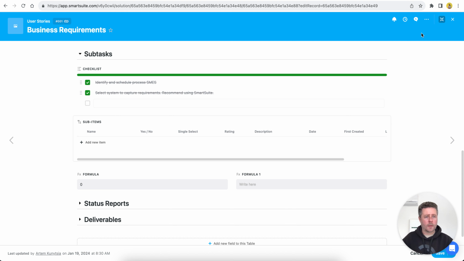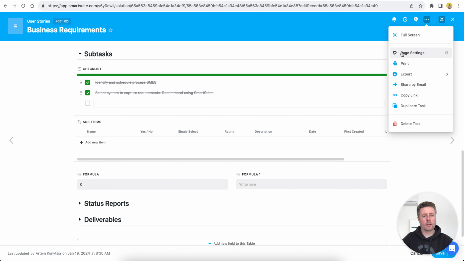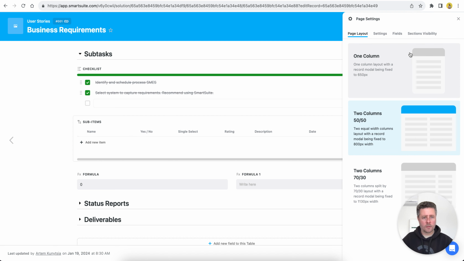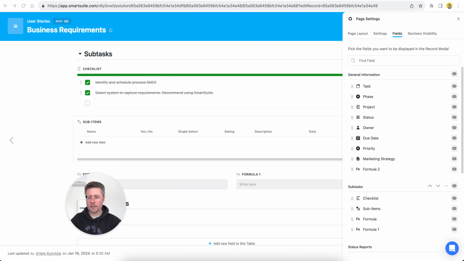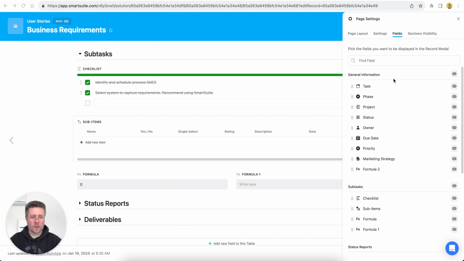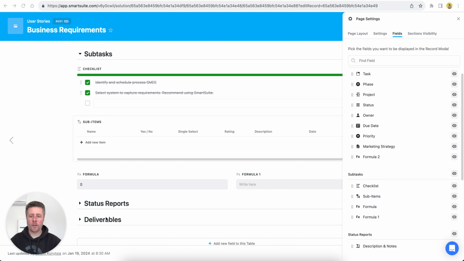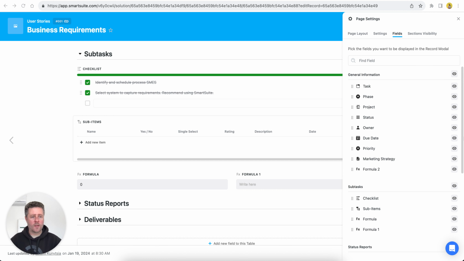Now, we want to go to the three dots menu up above and pick the page settings option. And here at the top, we've added several new tabs, and we are interested in the fields tab in this case. You will see that this tab lists all the fields that exist in a given table. They are grouped by a section which corresponds to the current layout, and then there is an eye icon showing next to each field,